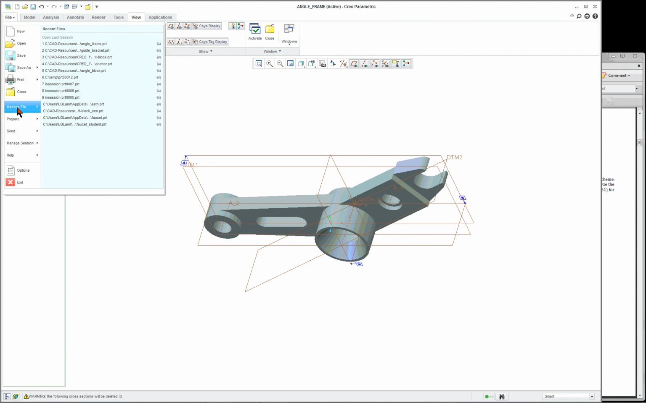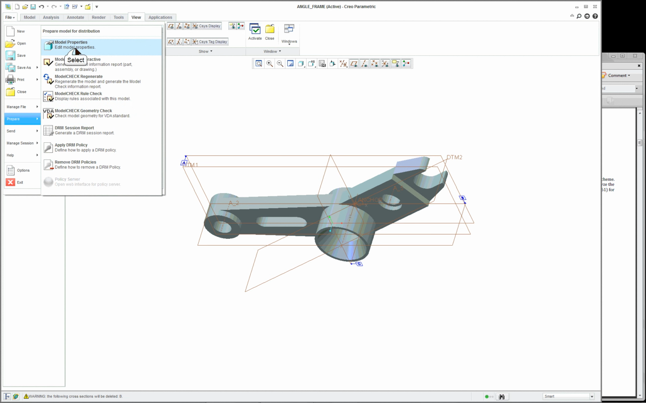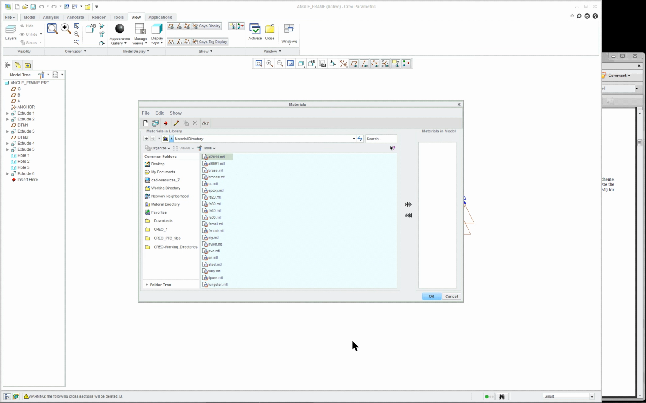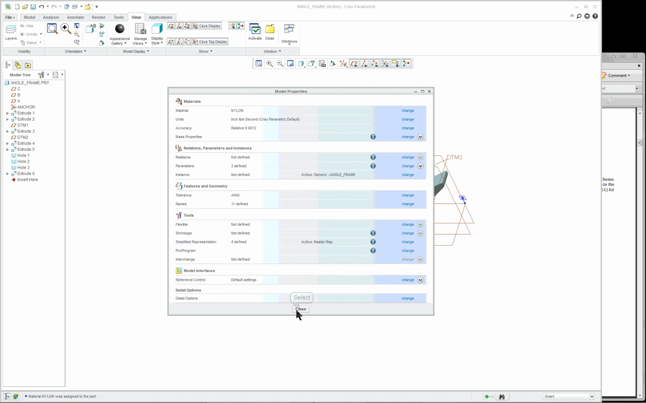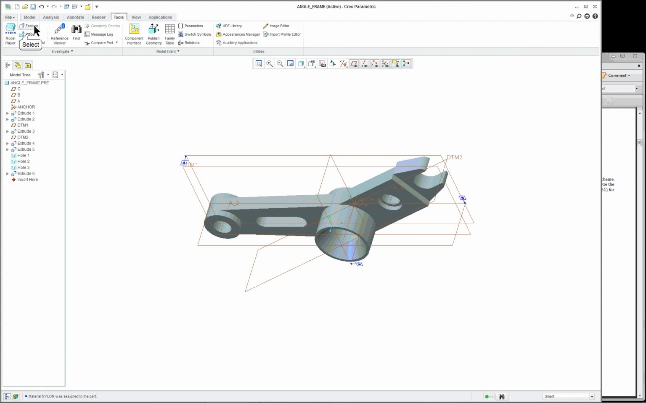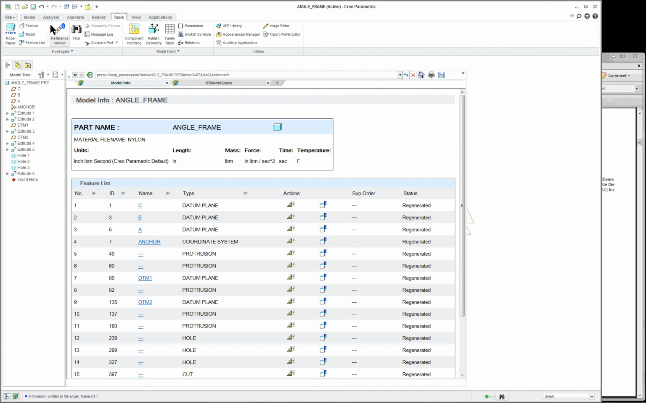And if we look under the Prepare File, Prepare Model Properties, we'll see that the units are in inches. Material was not assigned. Again, you can pick something different, just so that you get used to doing this each time. And we can click on Tools tab and then Model, get the information. And you can see that the material has been set and the inches is the default. Okay, I'm going to close this